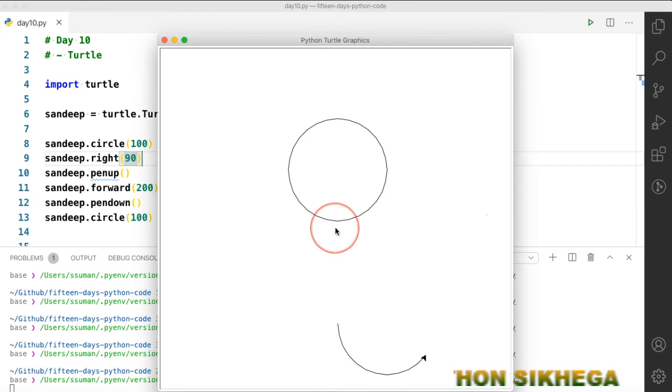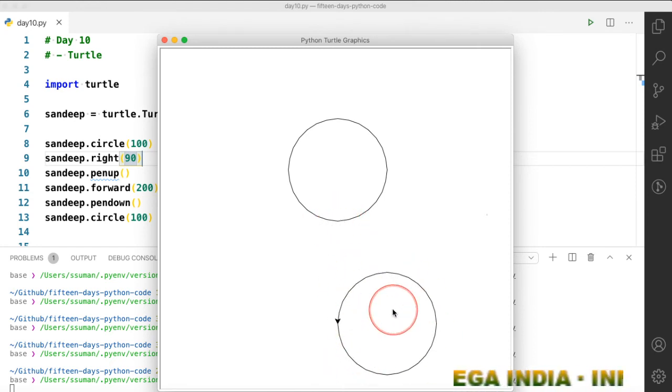It rotates by 90 degrees and then creates the circle. Although it doesn't look the way I want it to, I want it to be here, but it isn't. So you can adjust the coordinates like that and you will get it.